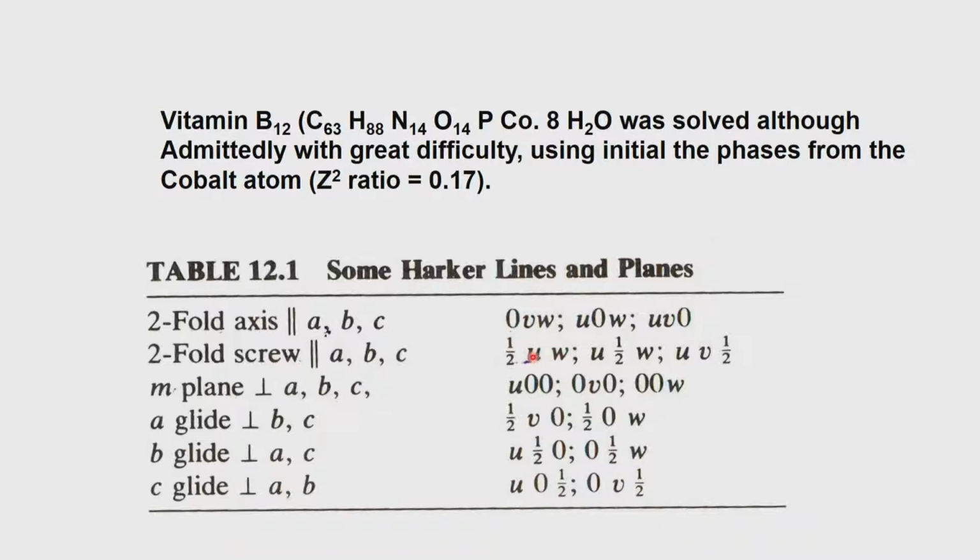So, we will see that with examples as we go further, but essentially the Harker planes will now correspond to positions associated with either a two-fold axis or any other axis which, with respect to the Patterson, have a projection possibility. That means a three-fold axis is possible, a four-fold axis is possible, and so on, along with the screws.